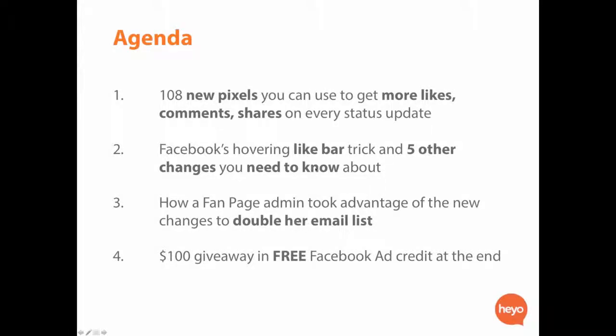So without further ado, let's again get into the agenda. We're going to focus on driving engagement on every status update, the 6 things you need to know about the changes, how a fan page administrator doubled her list size, and lastly,